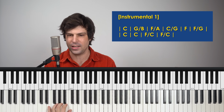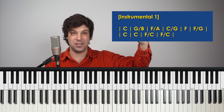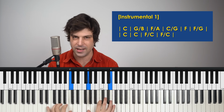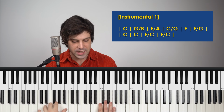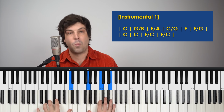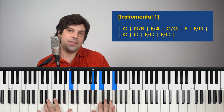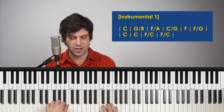Every time that happens in the song, I believe it's right before we have another verse where he goes up the octave and sings more intensely. Now, for my voice, I'm just going to stay down the octave. But to build into that even more, whenever that happens, I'll probably add the low octave of the C bass notes as well. So for that instrumental, we've got